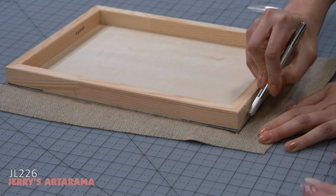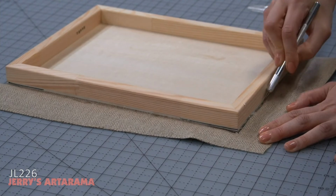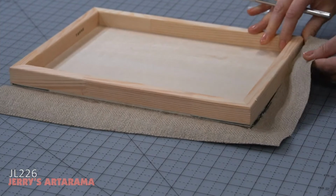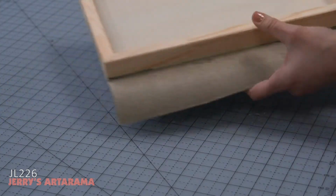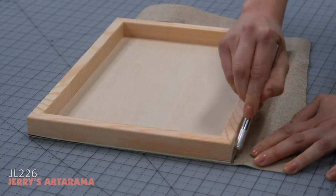But make sure you let the X-Acto blade do its job. You don't need a ton of pressure, but you want to make sure that you're going in the right spot more than trying to cut it in one cut. You can go over it a couple times. And this is probably the easiest way to finish off